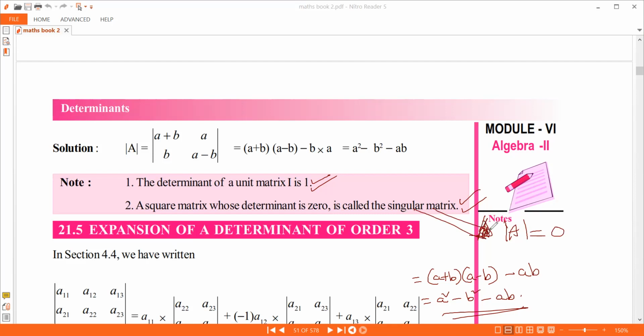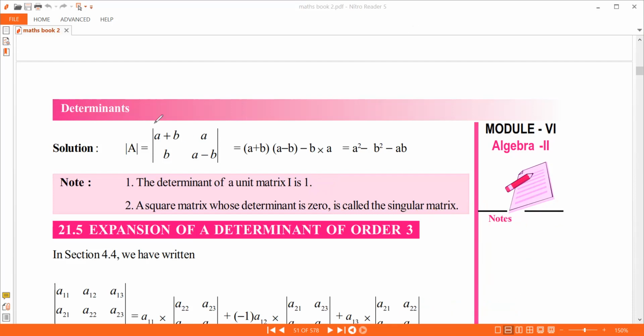Very important this is. So check whether the given matrix is singular or not. If they ask you, what you have to do is find the determinant and make sure that it is 0. You have to ensure that the determinant is 0, or prove that the determinant is 0, depending upon the problem. Once you ensure that the determinant is 0, the job is done. So let's move on to the next one.